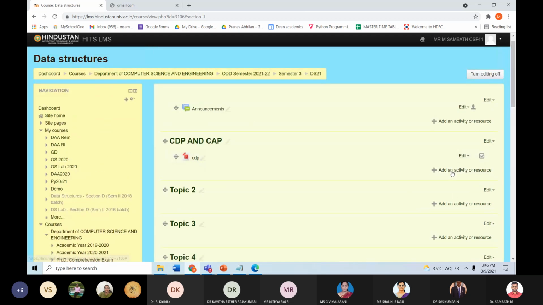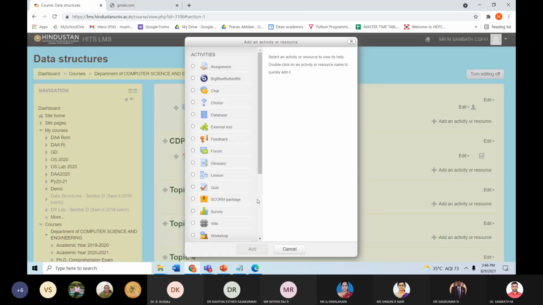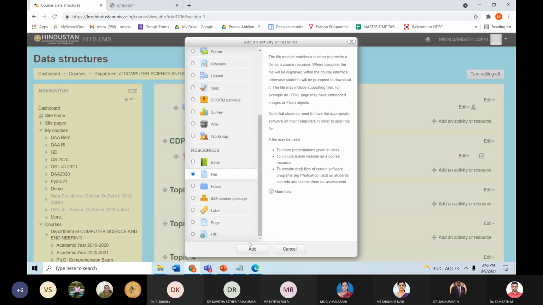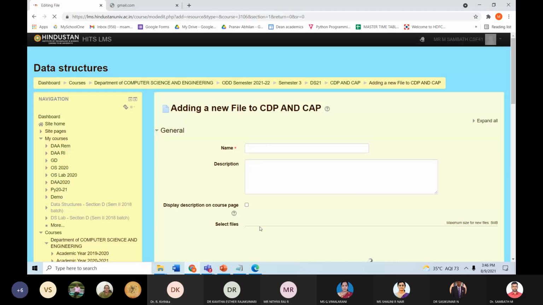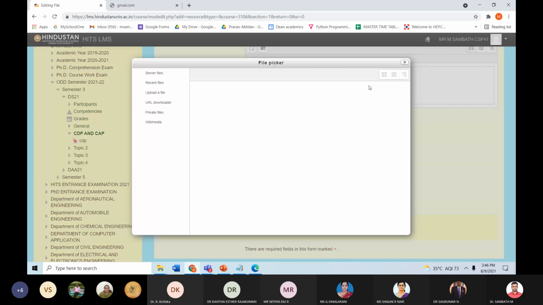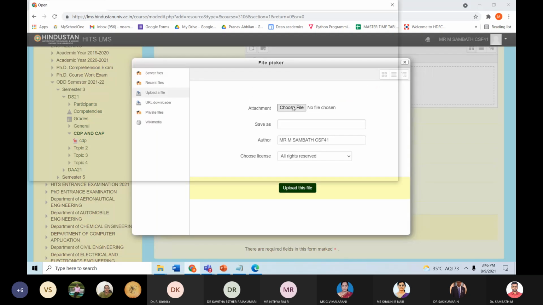Next I am going to add, similarly, add an activity, choose file here, click. Now I am going to upload CAP, and again click this button, choose the file.